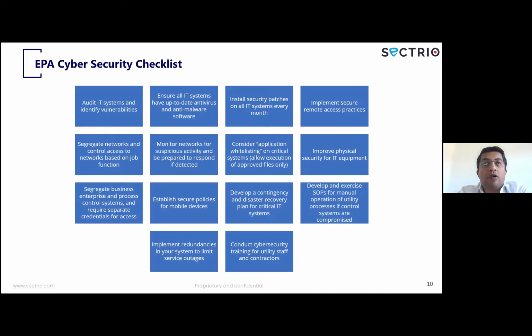Okay, constantly monitoring your network for suspicious activity, right? So this means looking at all the traffic. For many of the OT systems, you may not be able to actually get an antivirus or an anti-malware solution on them, largely because they're sometimes very small, constrained things like PLCs or controllers. They don't necessarily run an operating system that is conducive to running an antivirus or an